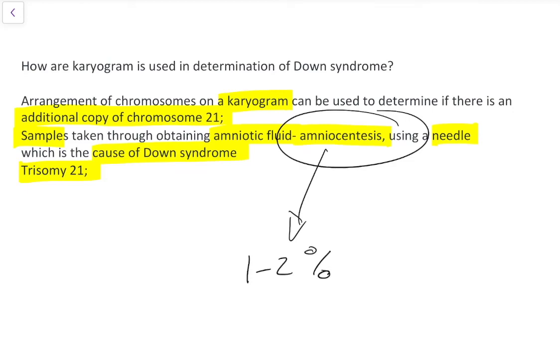So many people don't want to do it unless there are other signs, and they have these through blood tests. So blood tests give an indication